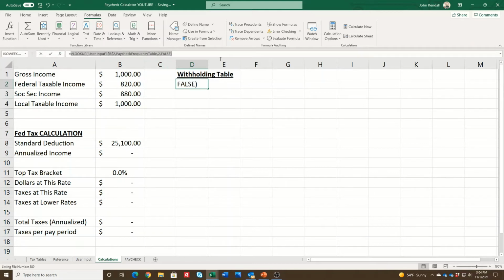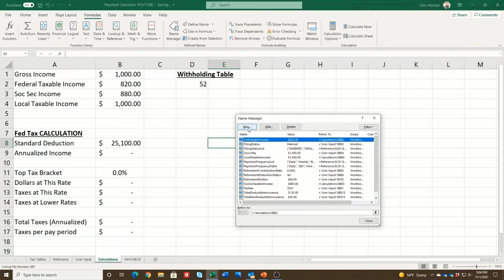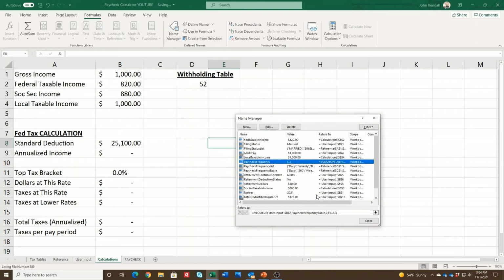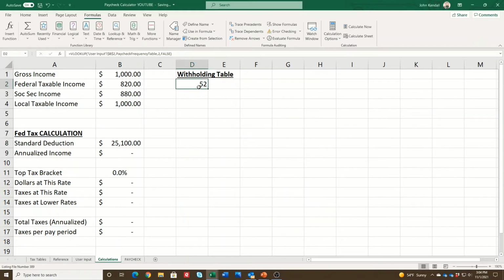Now I'm going to copy the formula minus the equal sign. Control C to copy. Go to Name Manager. Click New. Paycheck frequency equals. Paste it in. And now I have a formula. I created my own variable with its own formula in it. I don't need this anymore. All right. So now I can take